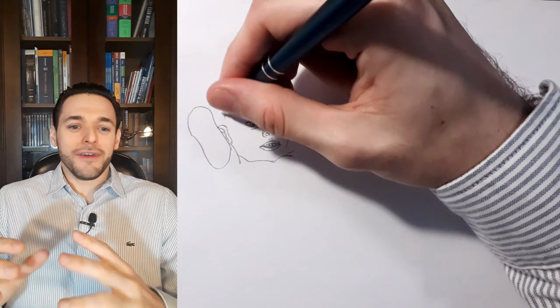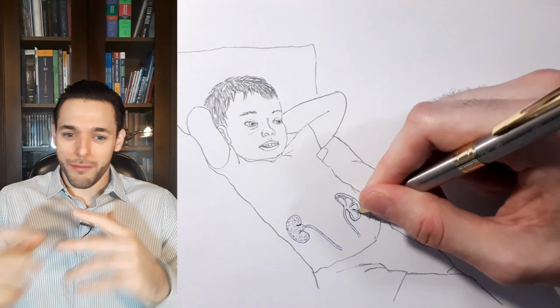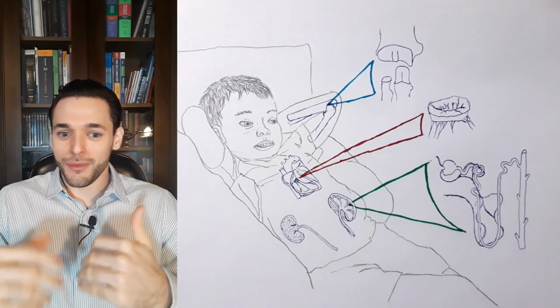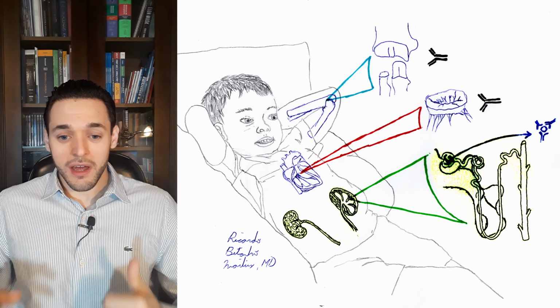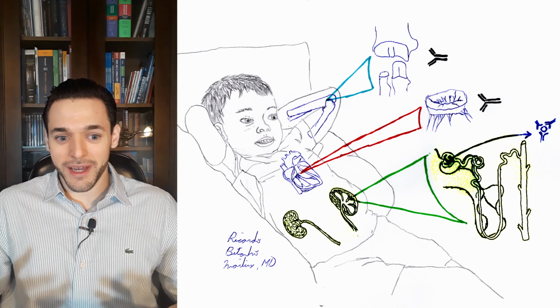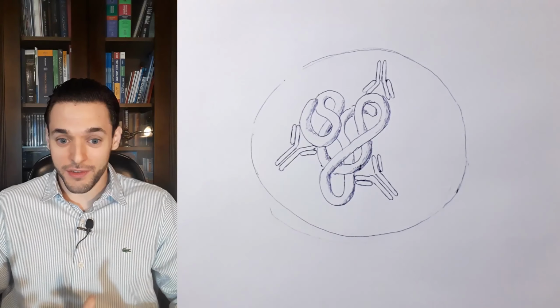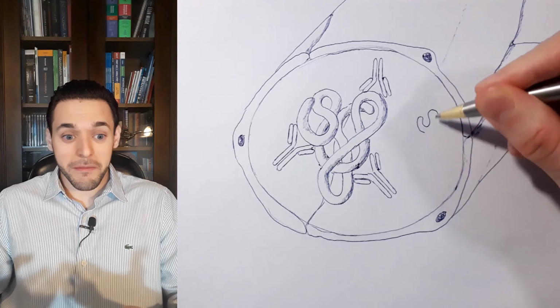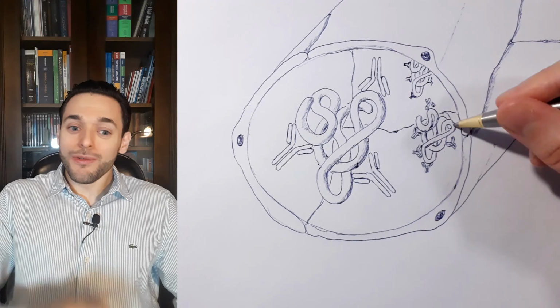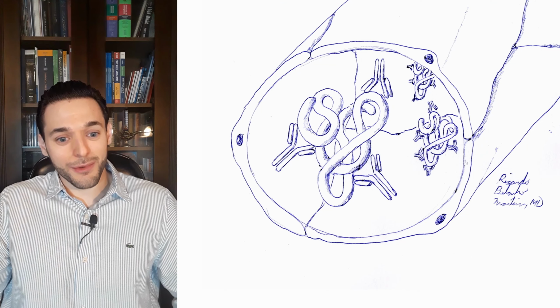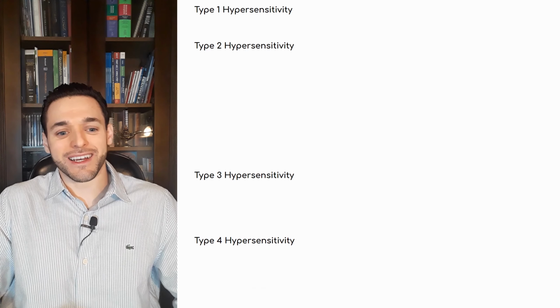If you know anything about post-streptococcal glomerulonephritis, it's probably that it's caused by deposition of immune complexes in the kidney. Now, you only need to recognize that hypersensitivity reactions caused by immune complex deposition are classified as type 3, and that therefore post-streptococcal glomerulonephritis is an example of a type 3 hypersensitivity reaction.